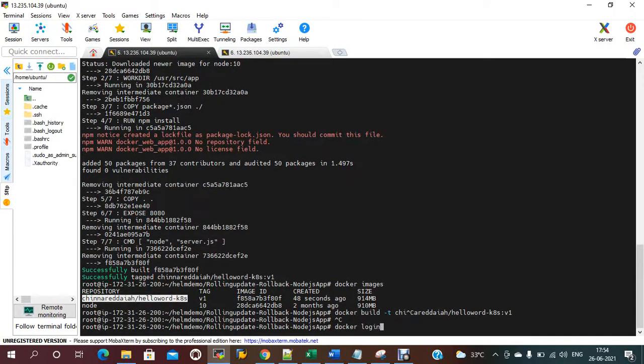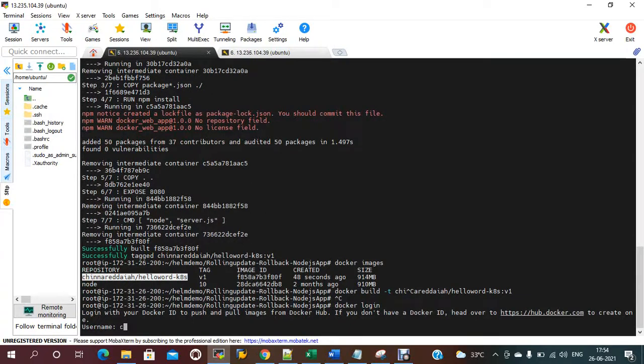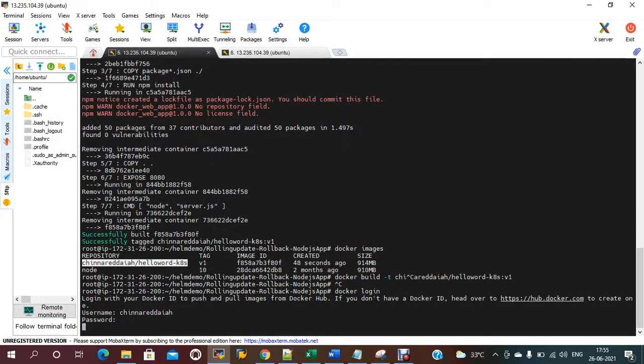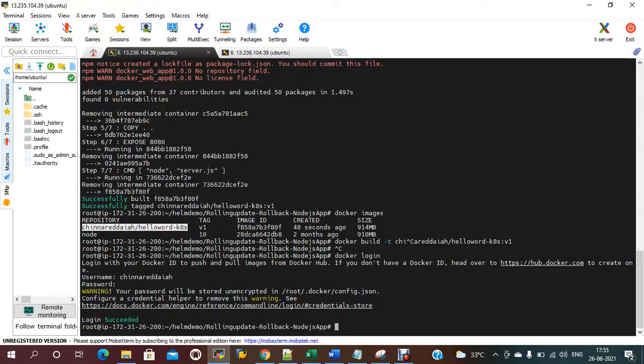Docker login, my username, and I give my password. Now it is successful. Now I need to push this image to Docker Hub.